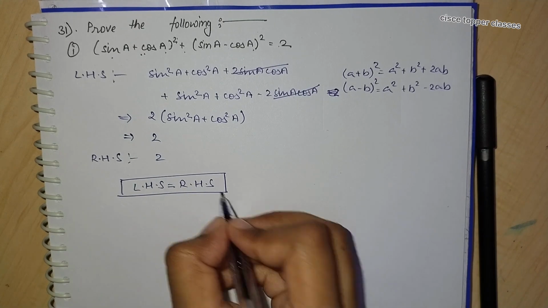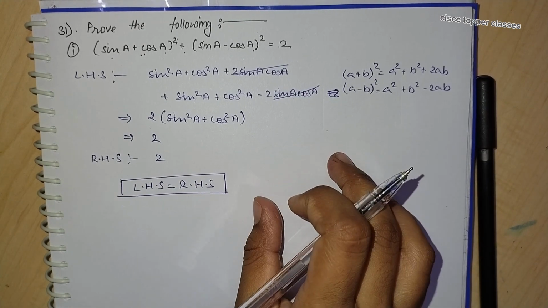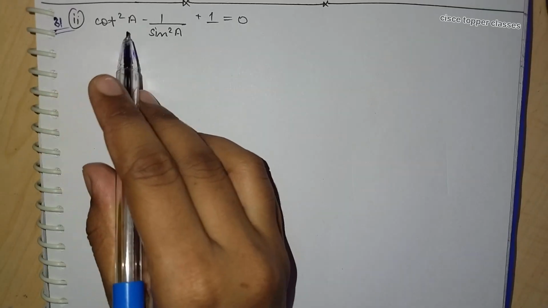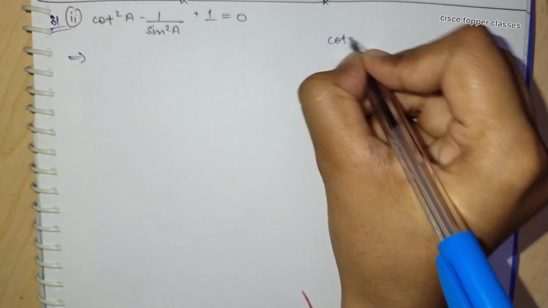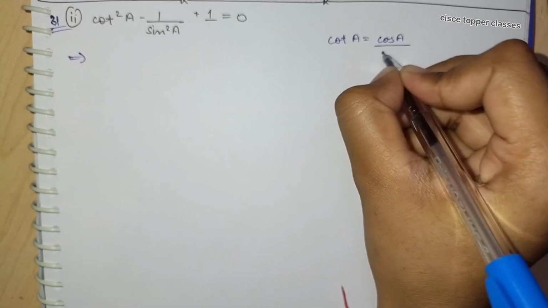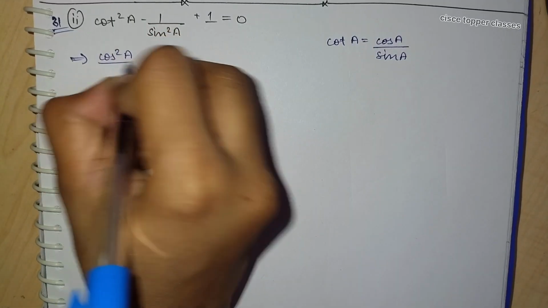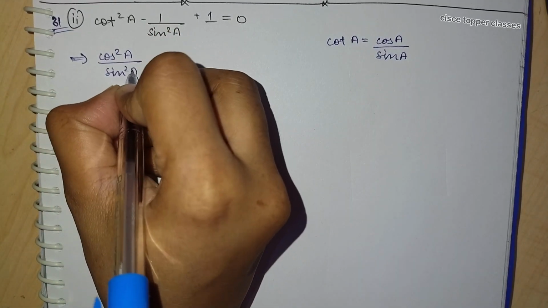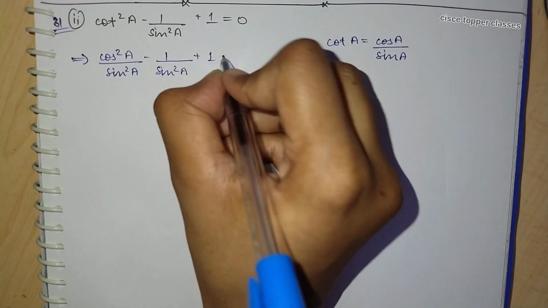So this we have proved here, and so this is the final solution of 31 first part. Let us solve 31 second part. Cot square A minus 1 by sin square A plus 1 is equal to 0. So we can write cot A as cos A divided by sin A. So this will be cos square A by sin square A minus 1 by sin square A plus 1 equal to